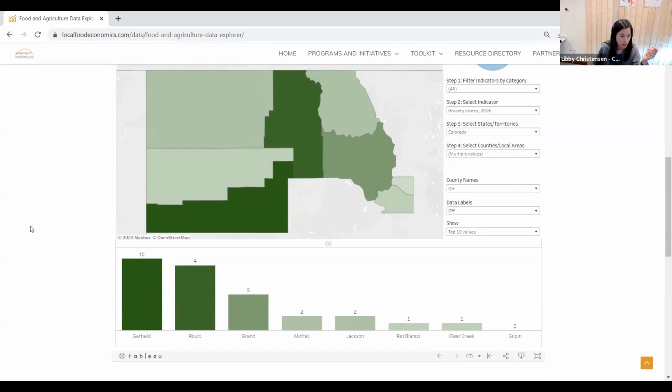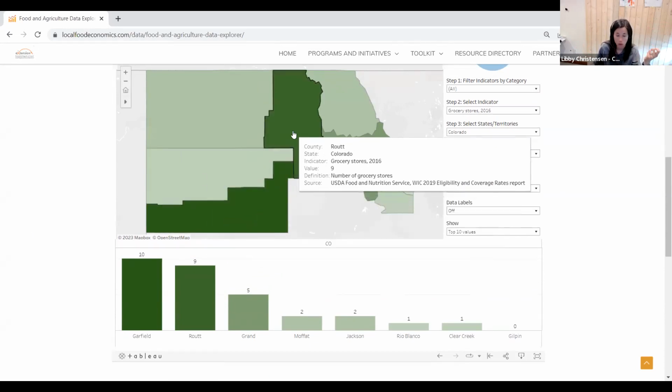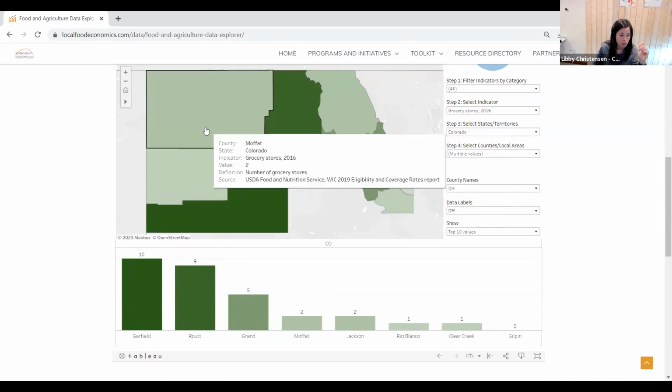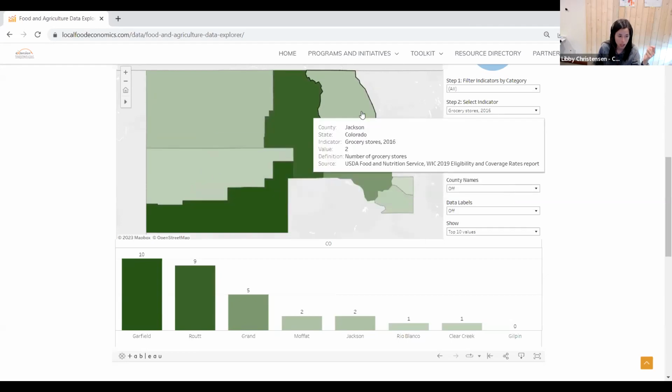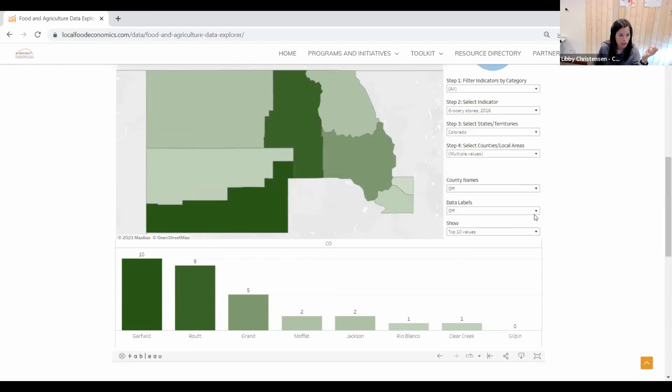So here we can see that the 2 counties that are the more populous have more grocery stores. And so if we were thinking about doing a greenhouse production system, thinking about where would be appropriate market targets, we would maybe think about Moffat County or Rio Blanco or Jackson County because they have fewer grocery stores. But I think one of the things that is really powerful about this tool is that in the past, we're oftentimes reliant on whoever's creating the data to decide how to visualize it and what's important in terms of telling the story. And so here, this is just the raw number of grocery stores, but if we go back